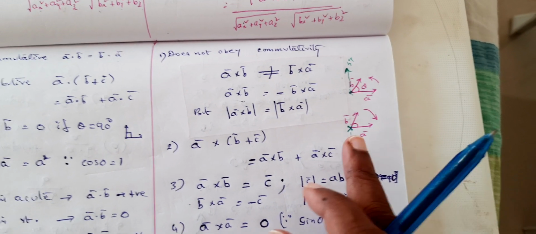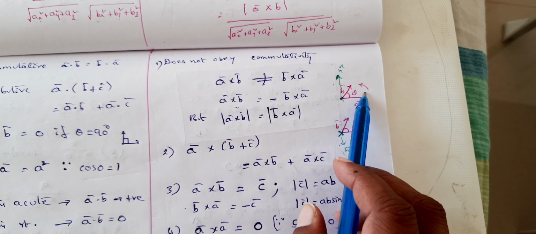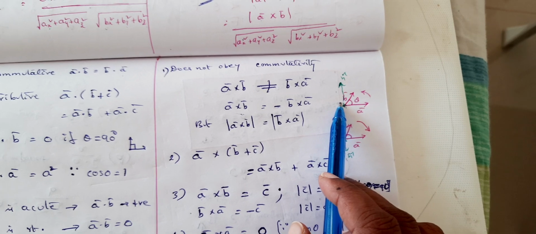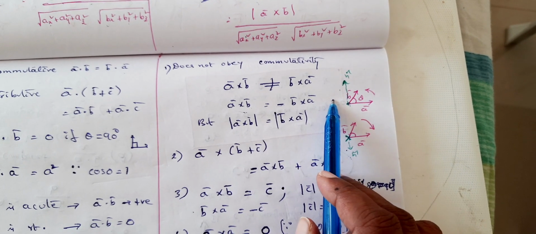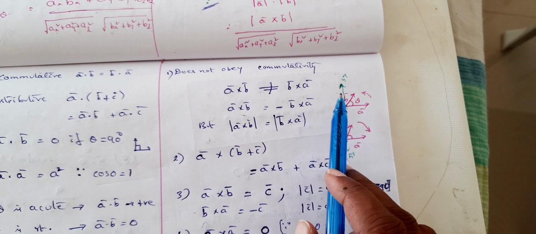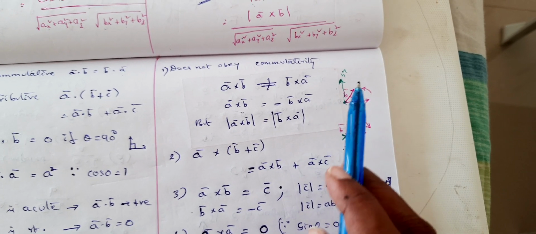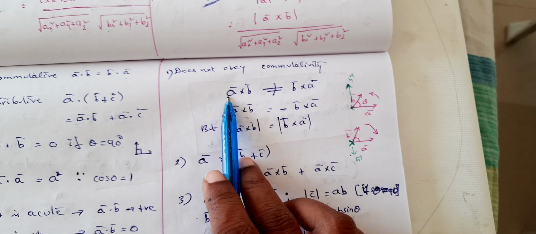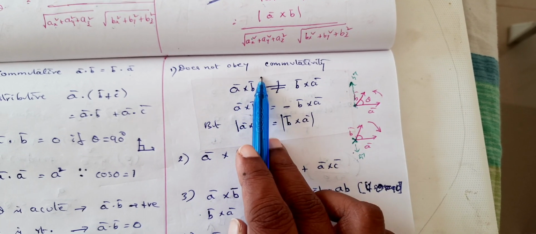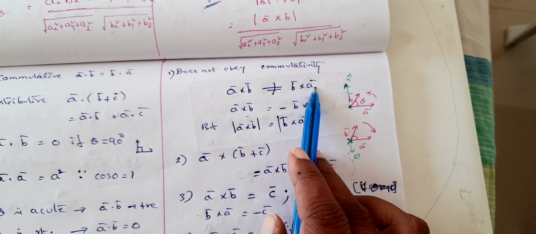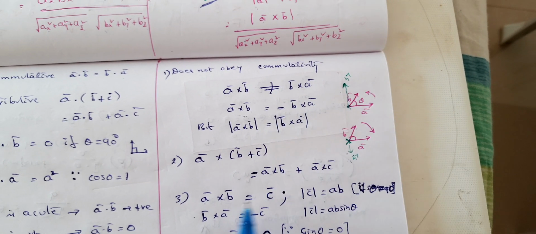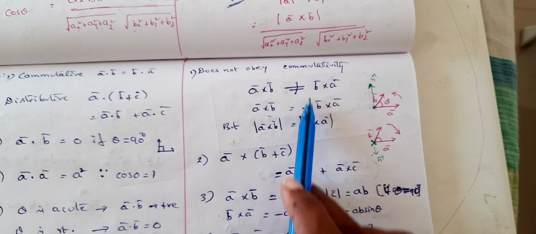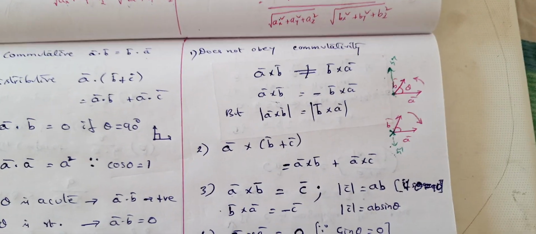Now coming to the other way round. So when you say that this is a positive angle, now when you come about like this as the angle, it is sine of minus theta. Sine of minus theta, that is minus sine theta. So therefore here A bar cross B bar is AB sine theta. B bar cross A bar is minus AB sine theta. So thus you will be getting minus sign here. Okay, right. So in both the ways you can explain this one.